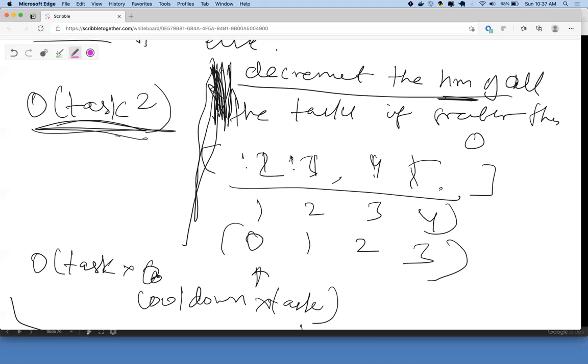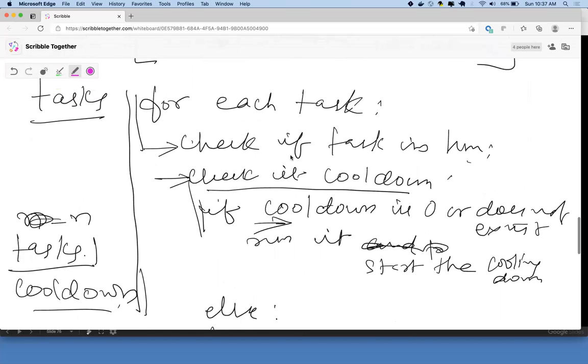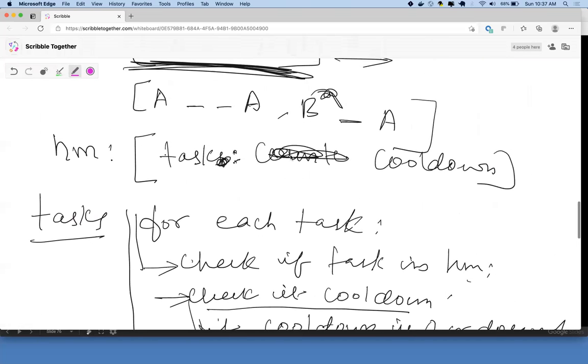No, it's not using cooldown. So that is what you're storing. You're storing the cooldown in the hash map. What is the property of that server that you're storing that will help you figure out, can I run the same pipeline again, or do I have to run another? You send a notification saying you're free.